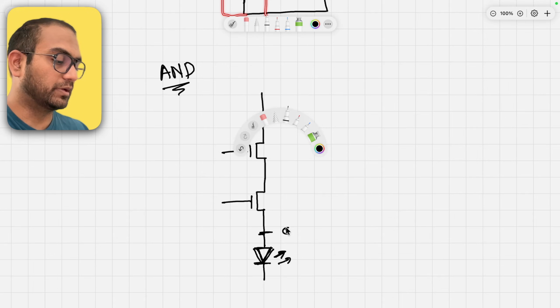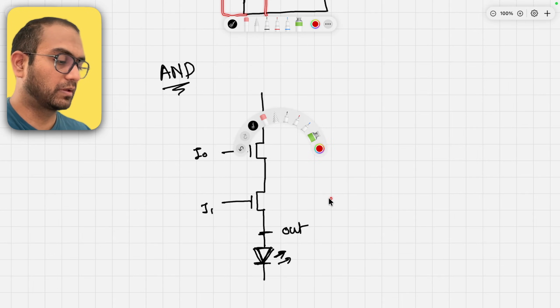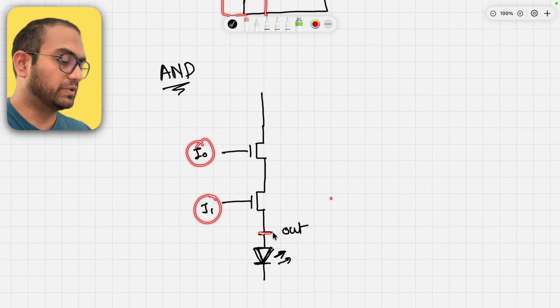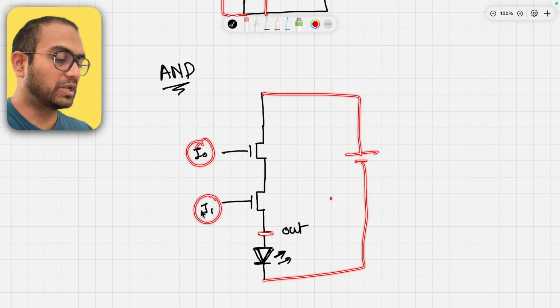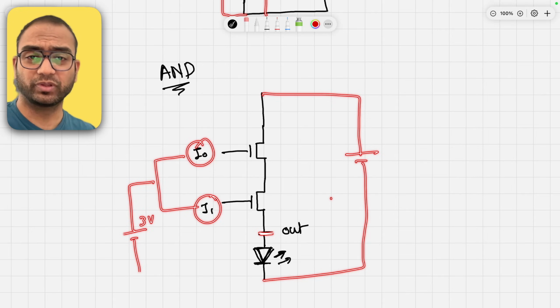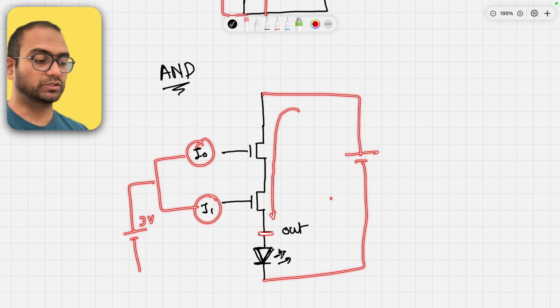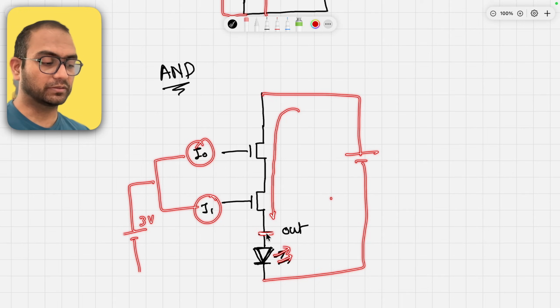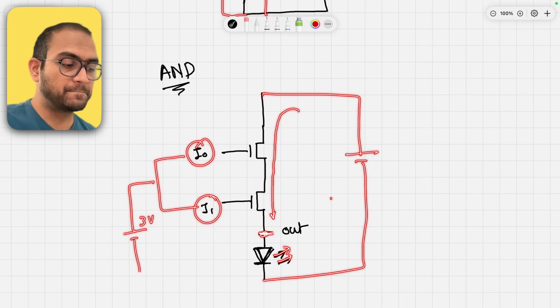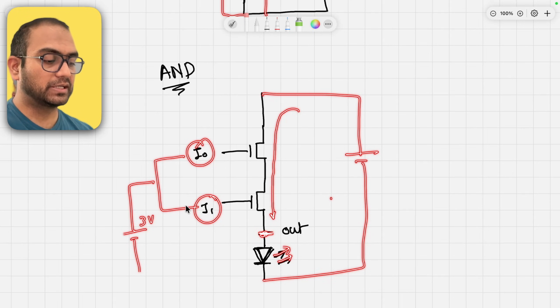the output is available here, and then input 0 and input 1 are available here, right? So this is one input, this is another one. And we say that the output is here, then connect this to the battery. So now if both of these are connected to the 3-volt supply, meaning both the gates are active, only then there is going to be a path for the current to flow and the LED to light up, or the output to be available. If any one of these is inactive,